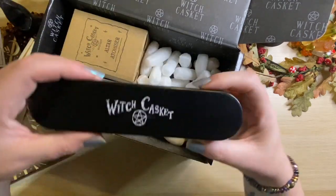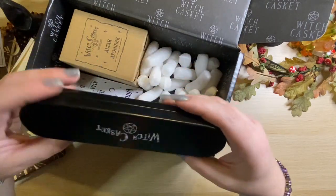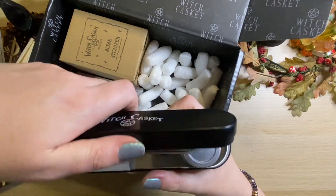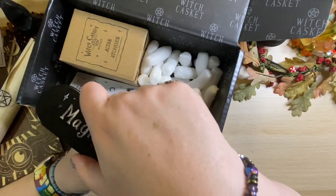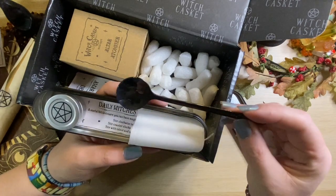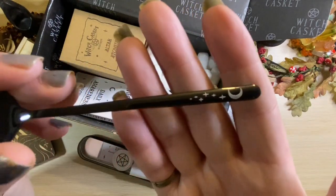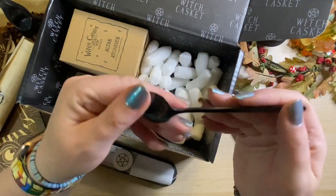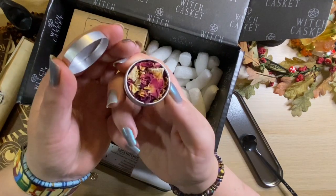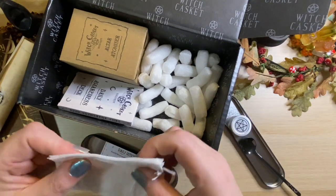What are you? This is a lovely tin. It says Magic lies within. So what have we got in here? Oh my goodness, I have opened you upside down, I think. Yes, I have opened you upside down. Wow. So, Daily Witch's Brew Kit. So we've got this gorgeous metallic spoon in a black metal with a moon and stars design. Very nice indeed. We've got a little pentagram pot with loose leaf herbal tea, and we have got